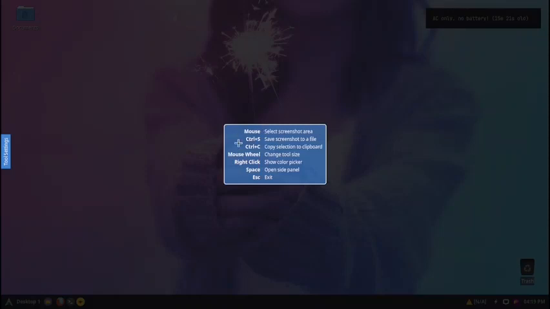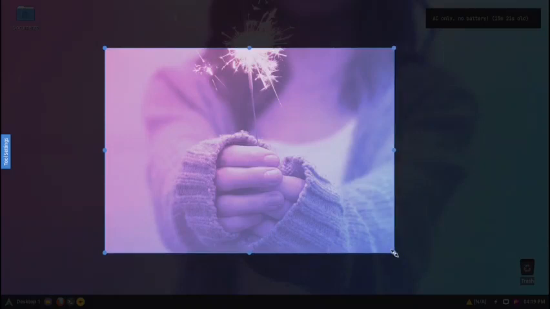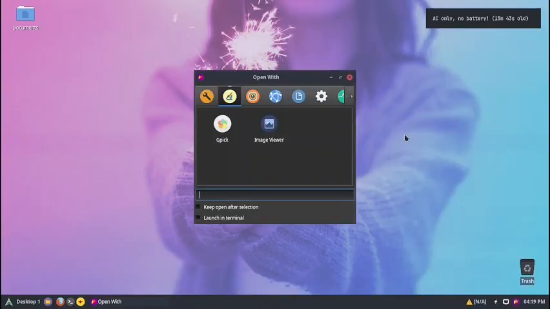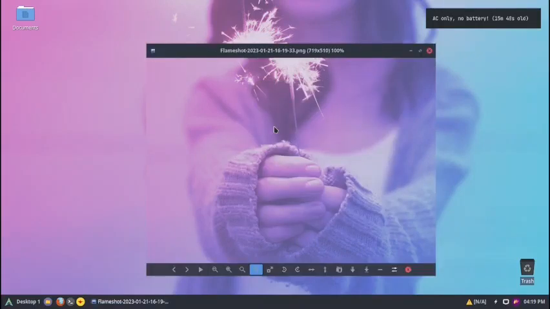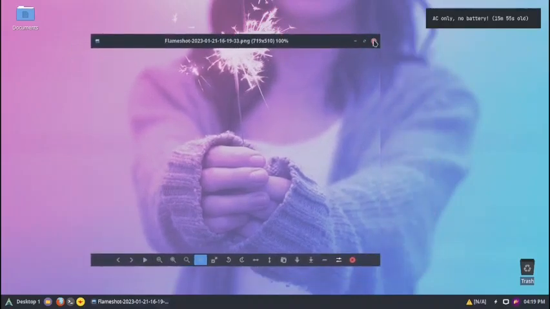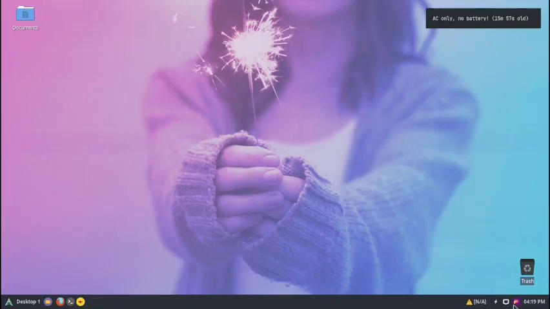So there are some shortcut keys. Using the mouse, select the screenshot area. Using the controller, save the screenshot to the file. So let us do this, and then you can save it, and you can choose an app to capture. So let us use image viewer. So the screenshot is saved, and we are seeing it using the image viewer right now. So it is very easy to use this app,